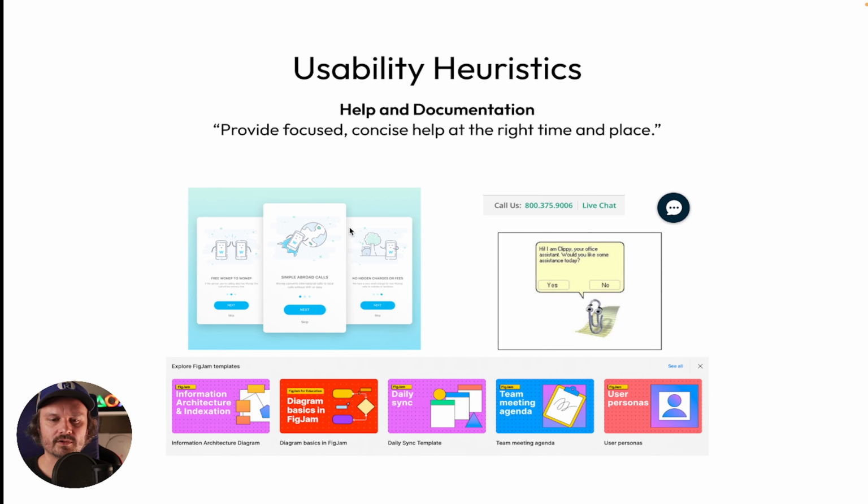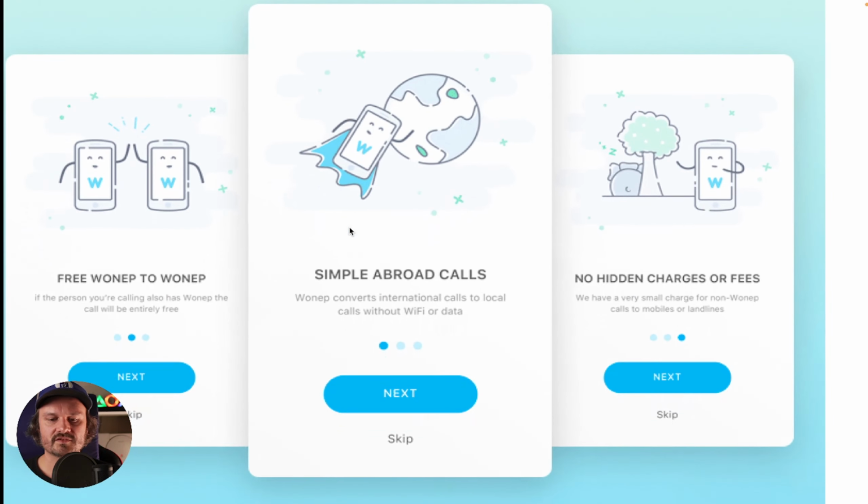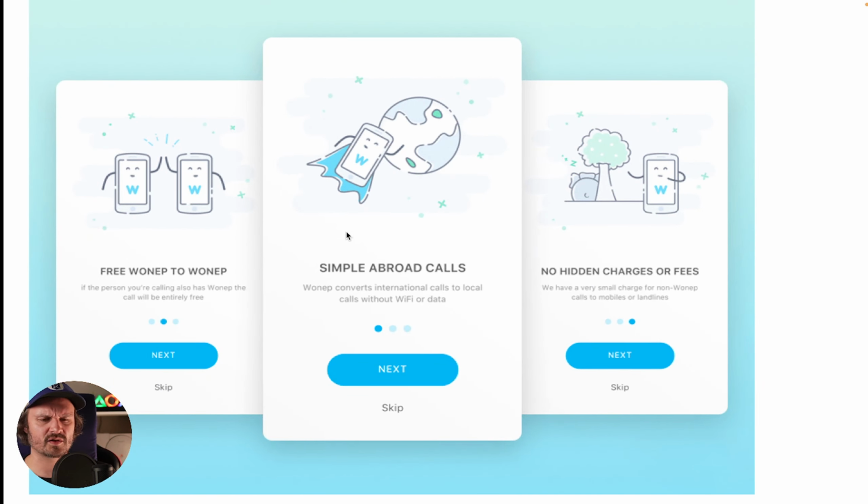For example, I took this screenshot right here, and I don't know what app this is. However, this is the onboarding phase for a mobile app. Maybe it's for an app called OneUp, or I'm not sure. But through these 3 screens, it informs the user of what they can do with the app, and it also informs the user that there are no hidden charges or fees. And so it answers, by doing this very brief onboarding,